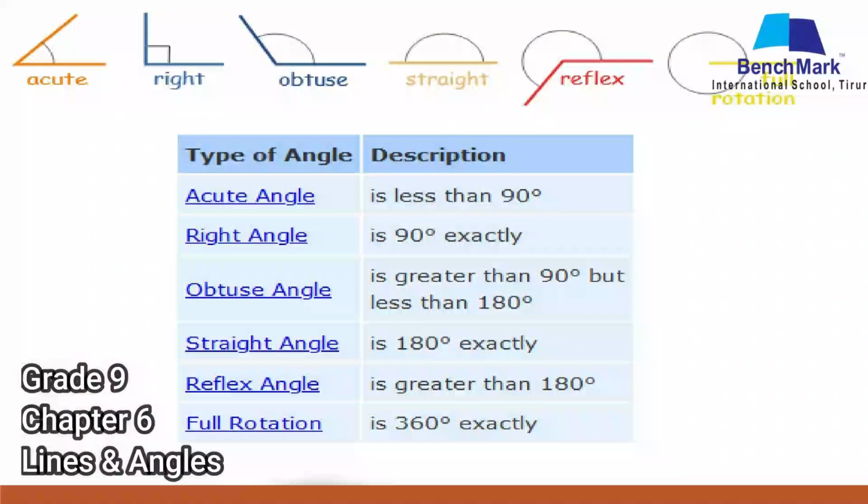The next term we are going to define is angles. I am very sure you would have studied this in your earlier classes. Different types of angles: acute angle, obtuse angle, right angle, straight angle. An acute angle is an angle which lies between 0 and 90 degrees, and a right angle is exactly 90 degrees. If it is greater than 90 degrees, I call it an obtuse angle, and if it is a straight line, I call it a straight angle. If it is greater than 180 degrees, I call it a reflex angle. So, all these angles you would have studied in your earlier classes.